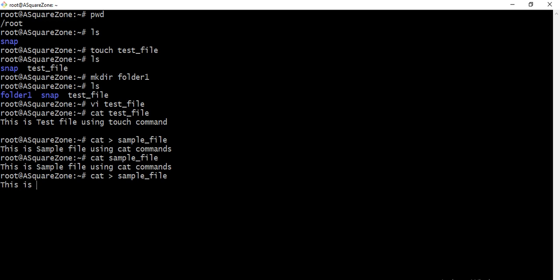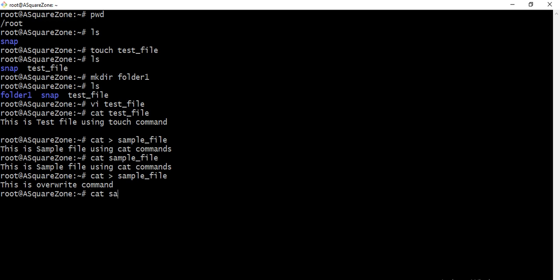This is override command. Again we have to press Control D, and we can come out of this location.